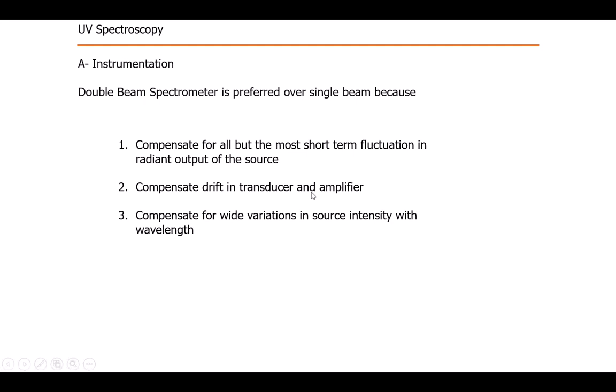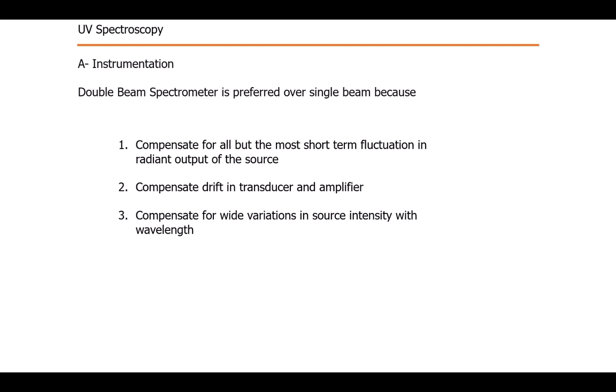Similarly, transducers or amplifier drifts are also compensated in case of double beam spectrophotometer. It may also compensate wide variations in source intensity with wavelength. If there is somewhat of an intensity change or wavelength change in the source with the time, it is compensated in